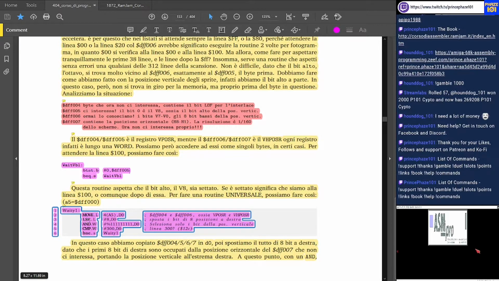Then we shift by 8 to the right, logical shift right. So we drop the first byte, the first 8 bits, and what remains is our